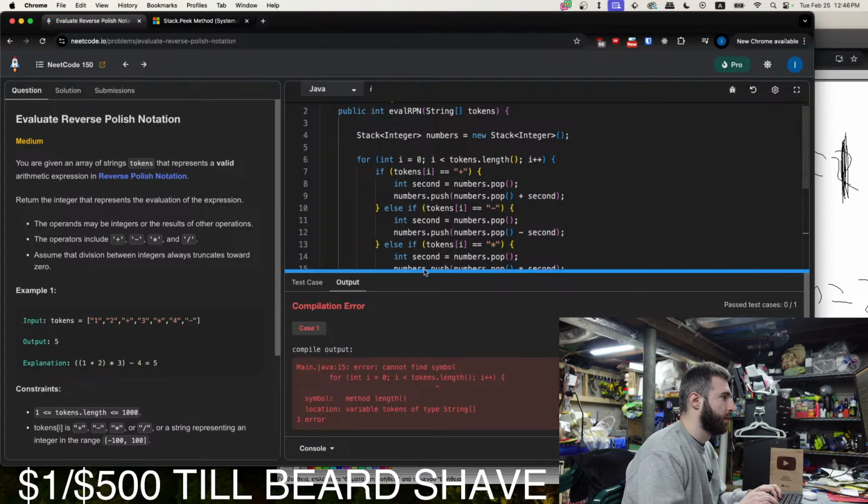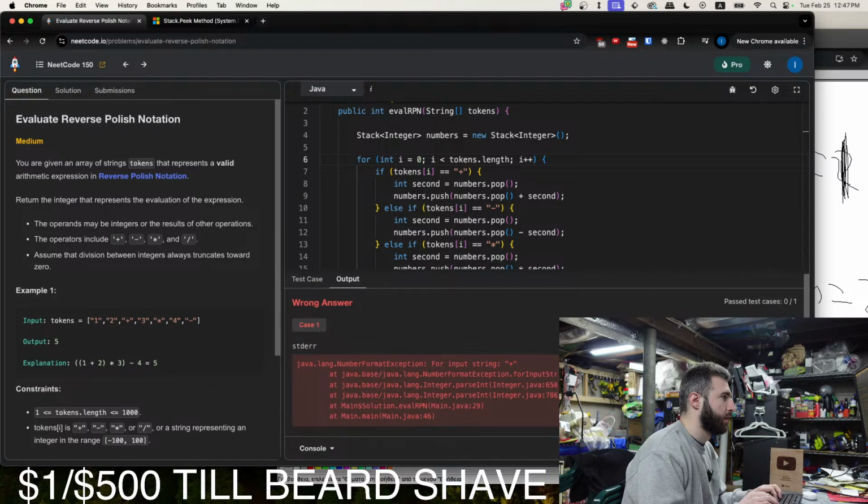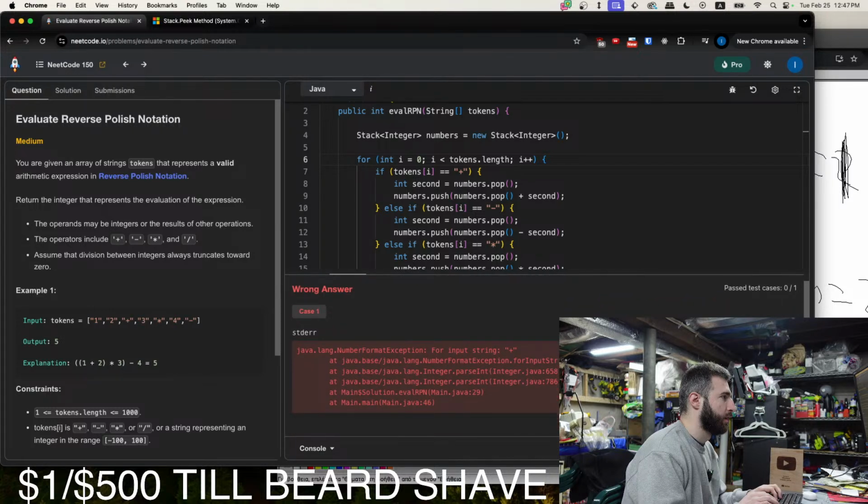Compilation error. Yep, dot length doesn't exist. I think it's dot size, since we're in Java. Oh, it's not size either. Oh, is it just dot length? Not a function. It's a property. Silly me. For input string. Oh, interesting. parseInt. If tokens i is equal to plus. Ah, silly.